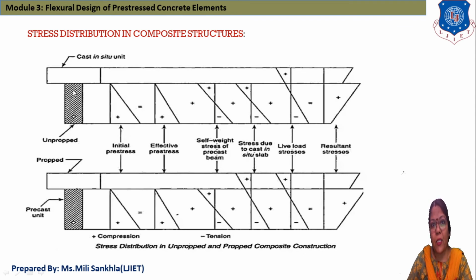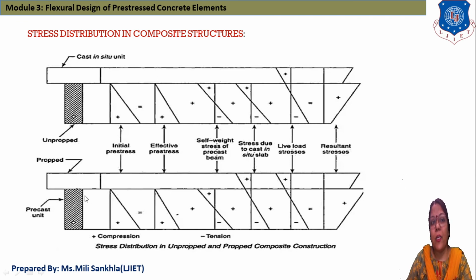This one is the precast, and here is the stress due to cast in situ. Okay, the top flange is our cast in situ condition. This one is the stress condition of cast in situ, and then live load stresses. Okay, and the accidental loads acting on this T section will be counted in live load. And finally this one is the resultant stress of our composite structure.